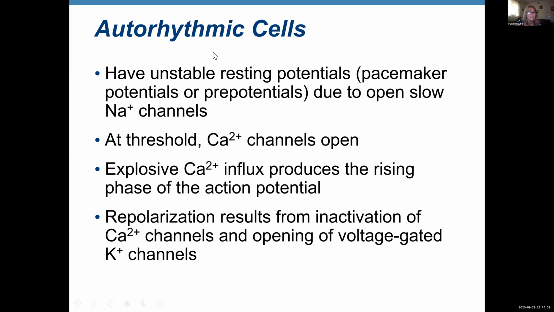Now, how are those cells different? They have an unstable resting potential. All cells have a resting potential, and we can measure it, from -70 to -100 millivolts. Your skeletal muscle cells keep this resting membrane potential until they get a signal from your nervous system, so they have a stable resting potential. Those autorhythmic cells have an unstable resting potential. We call it the pacemaker potential,